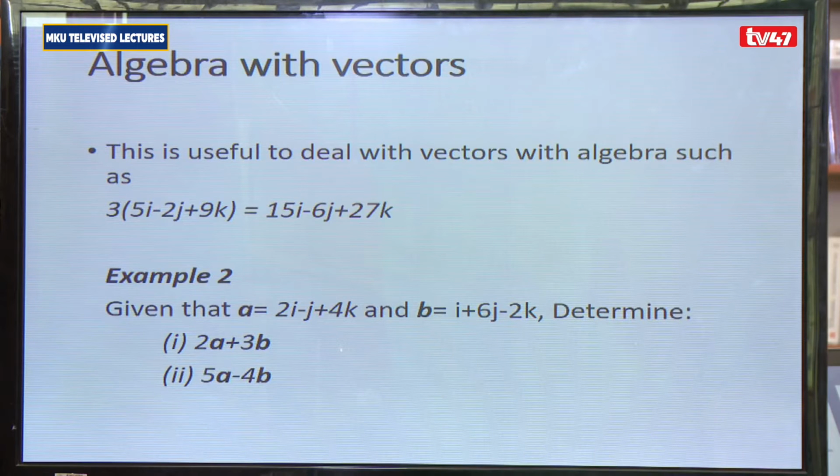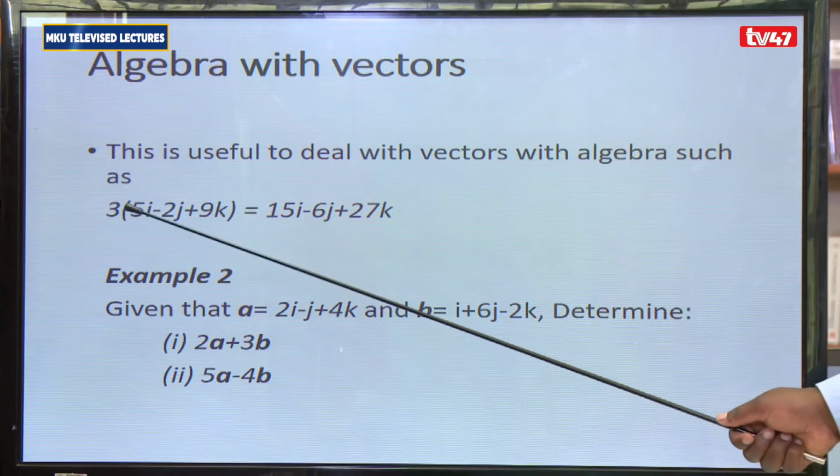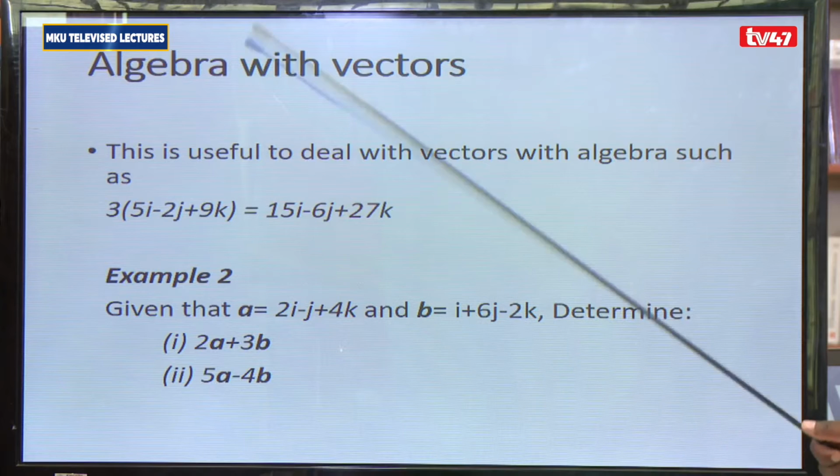Then we have got something which we call algebra with vectors. Remember, algebra and vectors have got some kind of relation, or vectors borrow a lot from algebra, and this is useful when we are doing some calculations in vectors. For instance, if you have got a vector which is given by 5i minus 2j plus 9k,